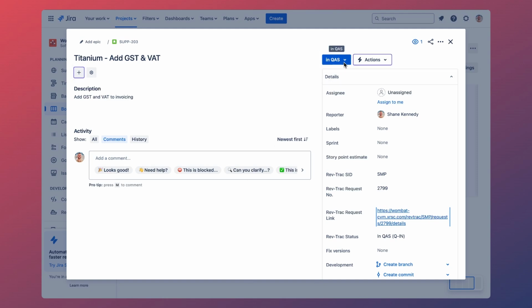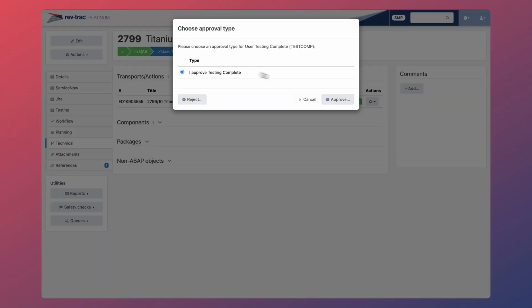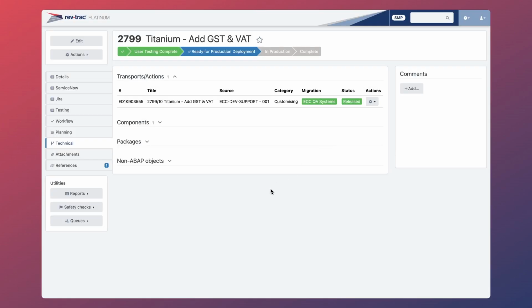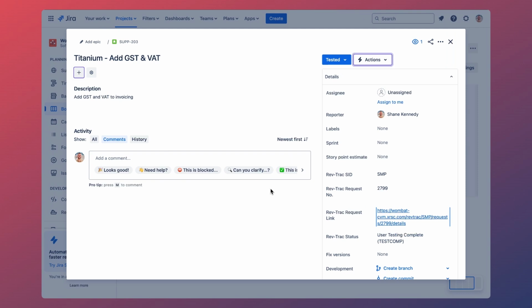Here, the business has full visibility over the status of the change, and workflows can be triggered to ensure the appropriate testing can take place. Once this is complete and our change has passed testing, we can head back into RevTrack and mark the user testing step as complete. Heading over to the Jira ticket, we can see that the status is automatically updated to tested as well. This bidirectional status synchronization ensures testing progress is accurately reflected across both platforms, reducing delays and promoting